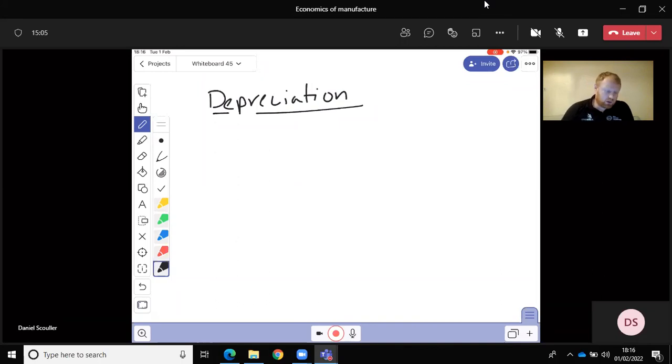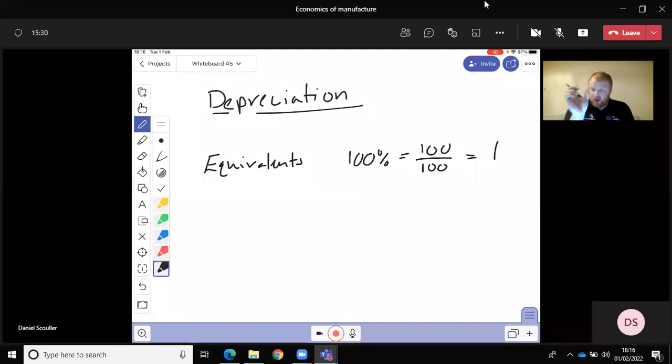Okay, so we spoke about something called equivalence. You don't need to copy this down if you've got it. If we've got equivalence, 100% is the same as writing in fraction form 100 out of 100, which also gives you the number 1. So that original value is 100%. If we're depreciating, we're reducing by a number less than 1, so it's going to take that original value and drop down. So if we do an example,